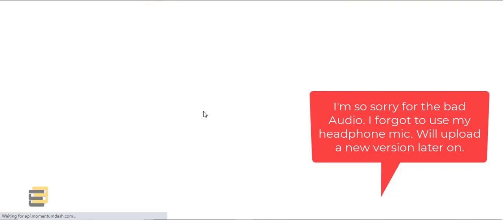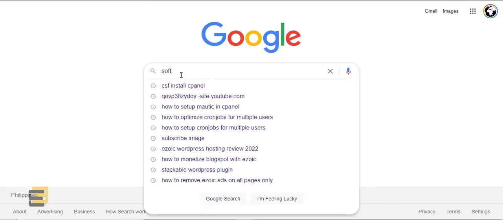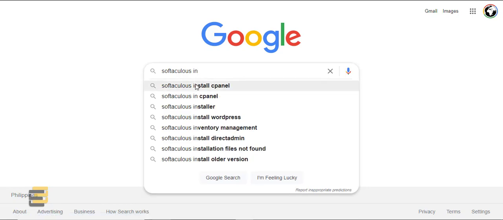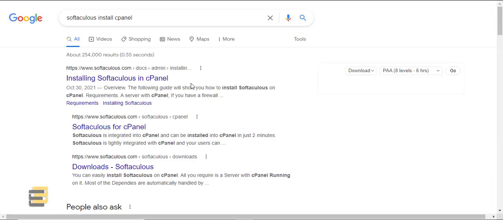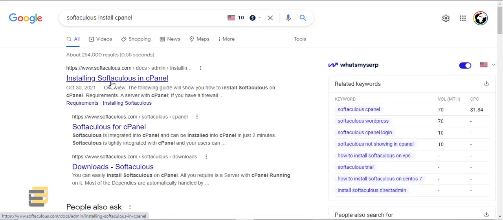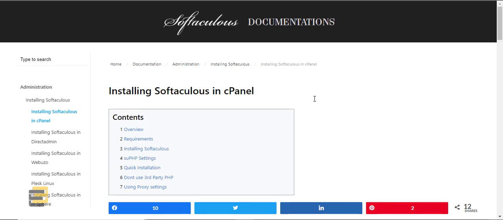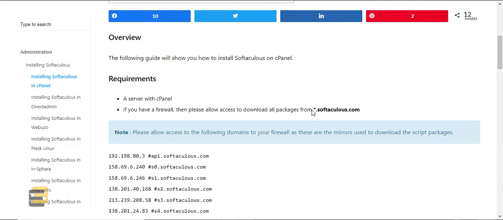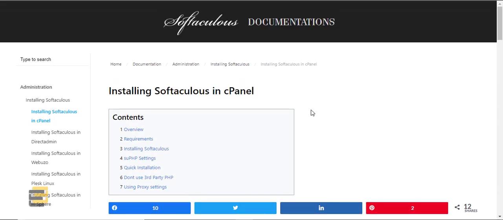Search for the Softaculous install. Here, you always want to go to their official site, to make sure that you will be using the commands that are updated, or the latest commands. When you're searching for an installation method,